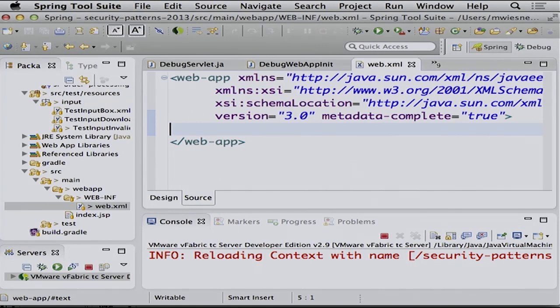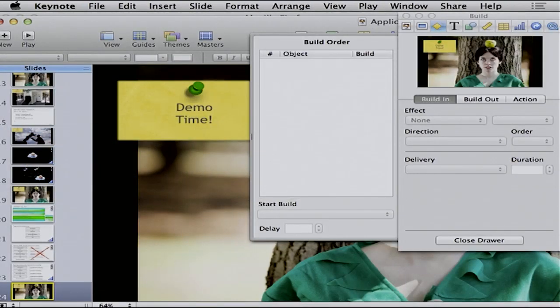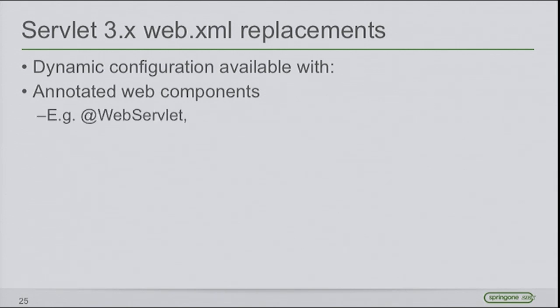Because the servlet spec has actually two ways how to do that dynamic configuration, and most of the people don't know that. Well, if you would read the spec, then you would clearly see that there are two ways, but who usually reads the spec, right? Well, I do it, but that doesn't matter. So what is the deal with that one? So Servlet 3 has, again, two ways how to do dynamic configuration. First one is the annotated web components.